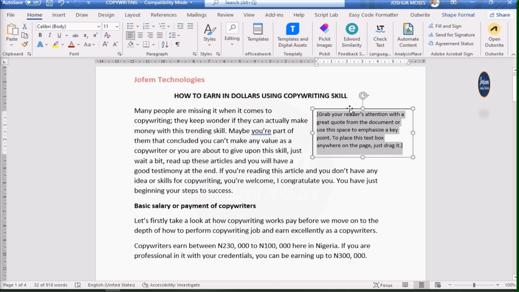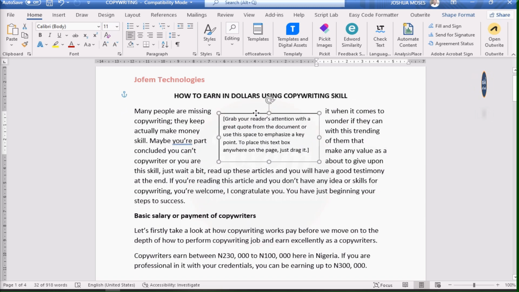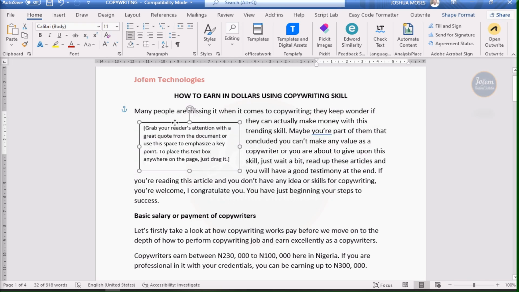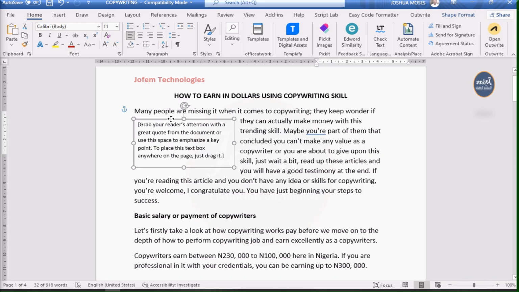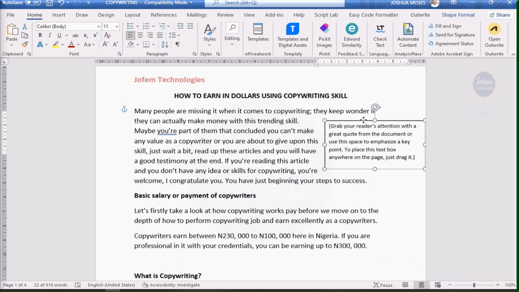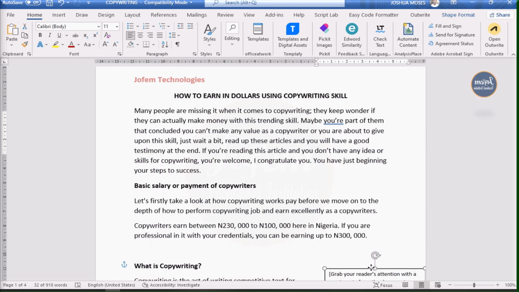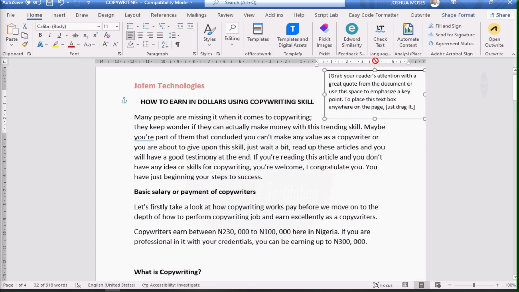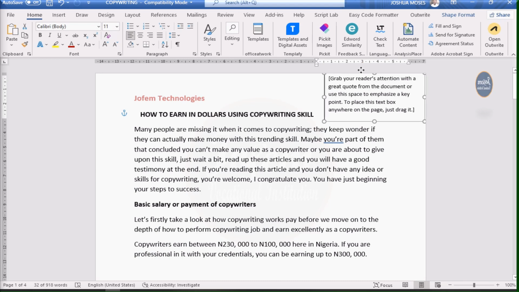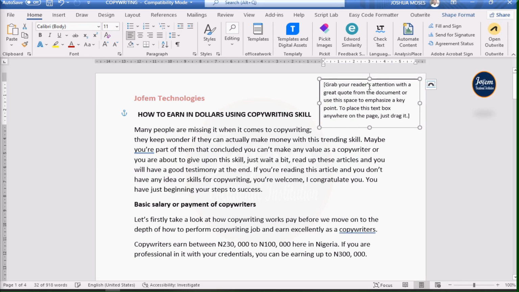And the beauty of it is that you can drag it to anywhere you want it to be. You can make it be in the middle, in the starting place, somewhere like this, and you can as well bring it down to the lower or the upper part of your book. Are you getting it? So that is what a text box is useful for, and it is always recommended in writing a book. All right, so that's for text box.